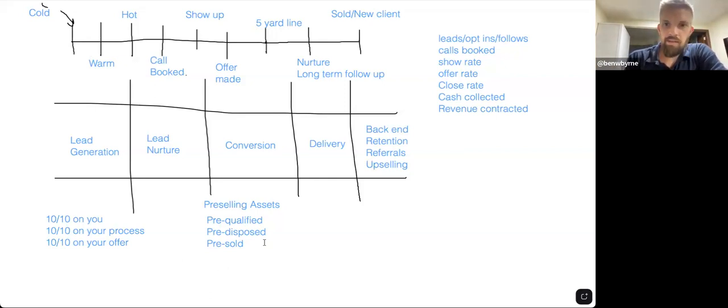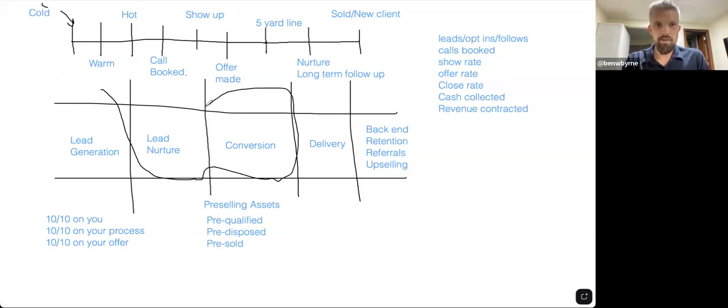So yeah, hopefully this gives you some clarity on the sales process. And specifically, if you want help in these two areas, my areas of focus are the lead nurture and then the conversion, obviously. So if you want help with these two pieces, shoot me a DM. Be happy to walk you through some of the stuff that we can do. There's a lot of different things we can do to pre-sell people. There's a lot of different assets we can make to do so, right?